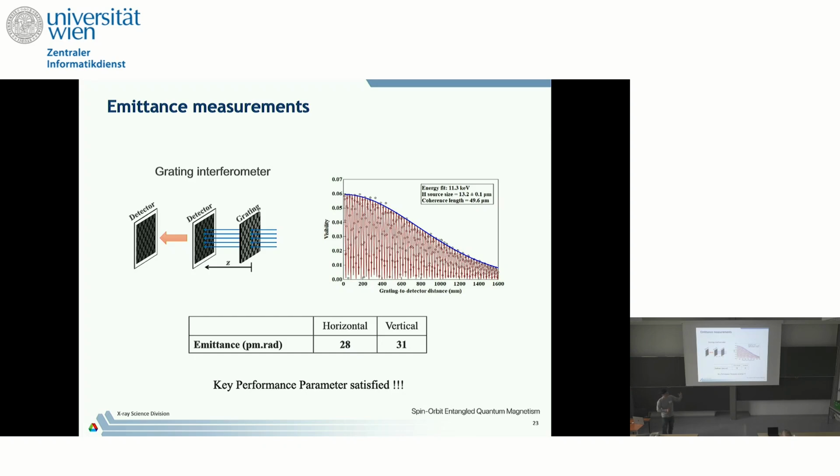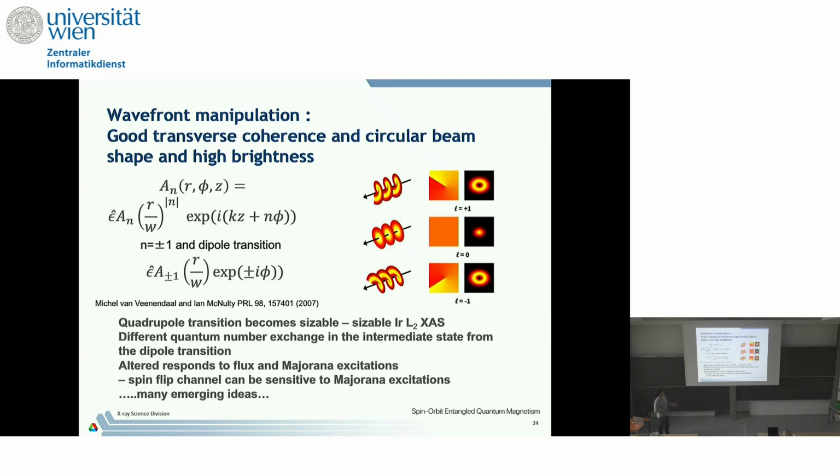Now the horizontal, the transverse coherence length is 50 micron, and this is pretty good. Another possibility is that because the beam is small, it's now meaningful to use a Jump plate to focus or manipulate the wavefront. Another interesting possibility is that we can make a twisted X-ray, which is called orbital angular momentum. It has orbital angular momentum, so the interaction with matter is different.